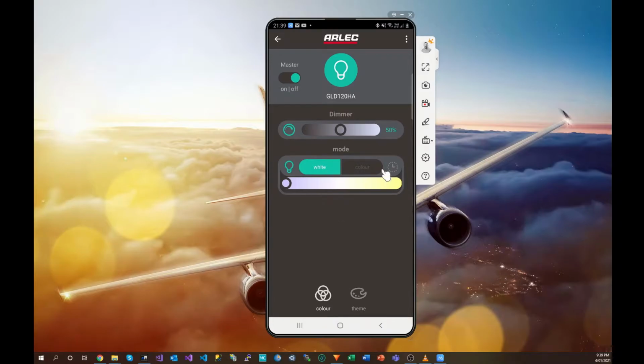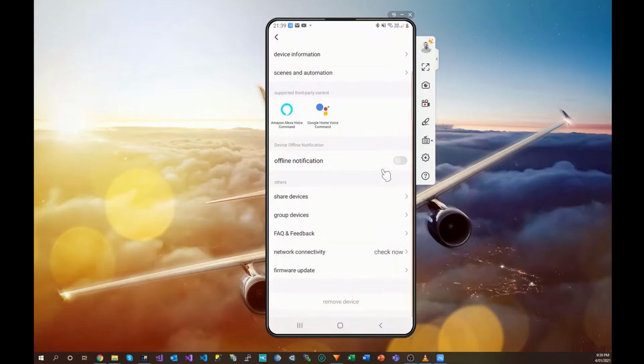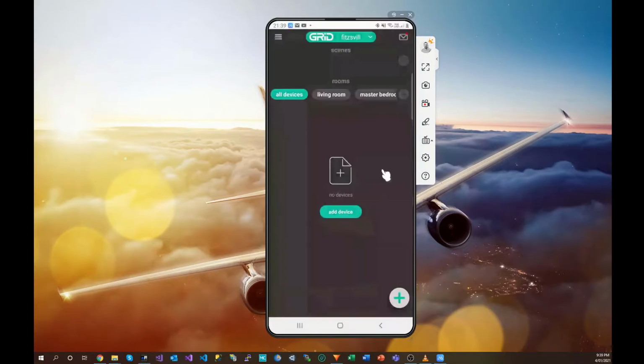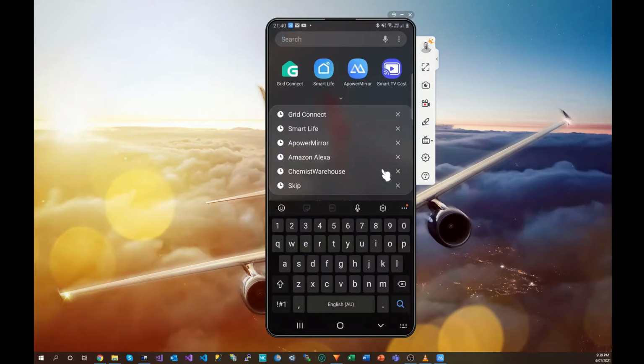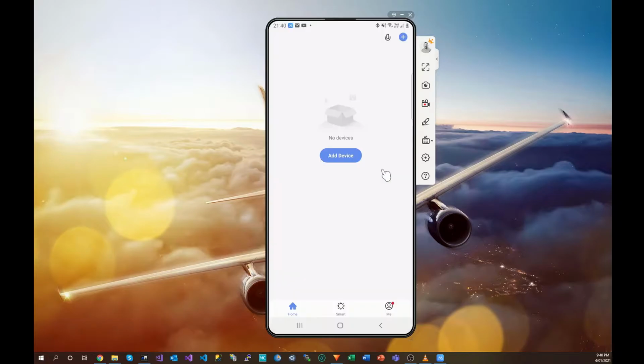So what we do is we select the 3 dots, then we select Remove Device, Disconnect, and Wipe All Data. Okay, and that's now done. It's got rid of the app. So now we need to select the correct app. In this case, it's one called Smart Life, and you should notice that